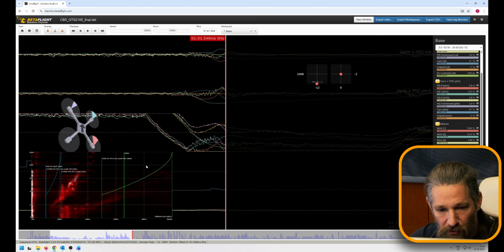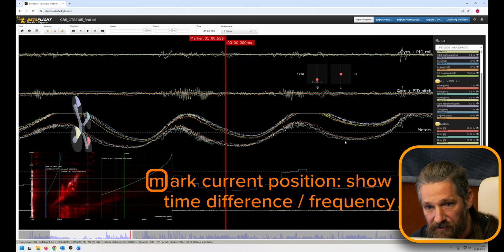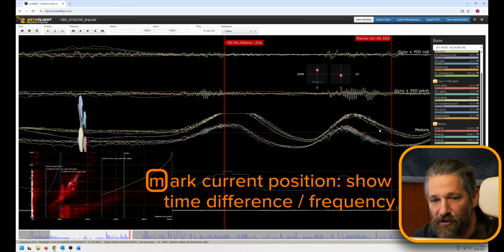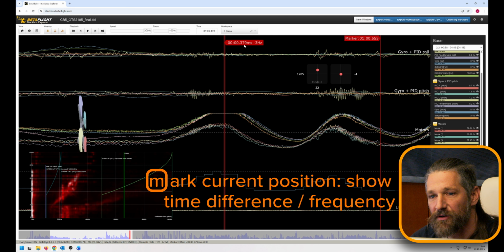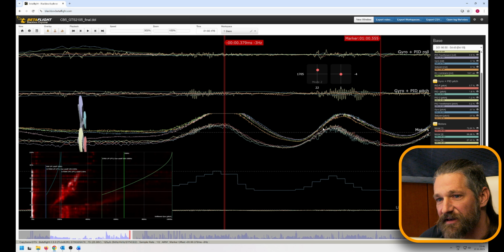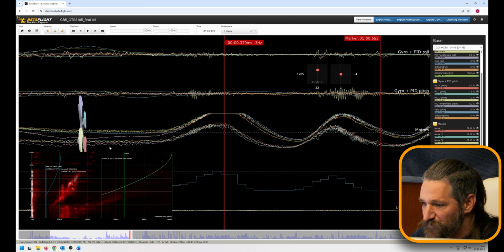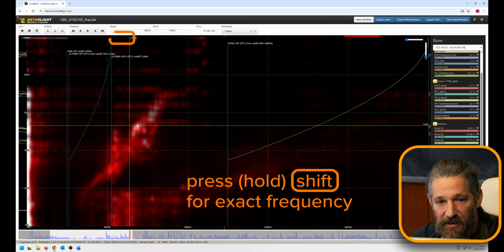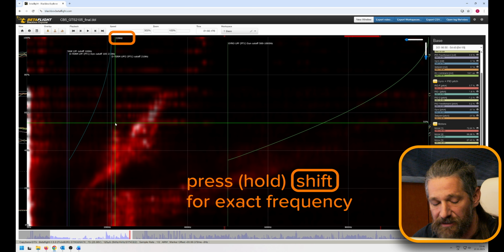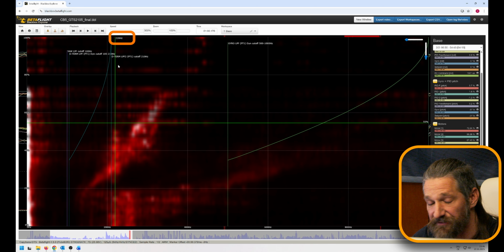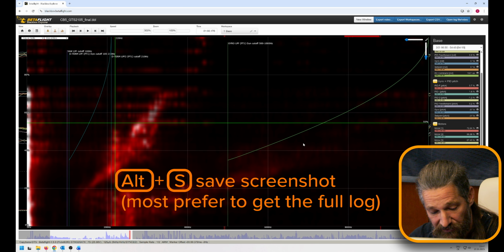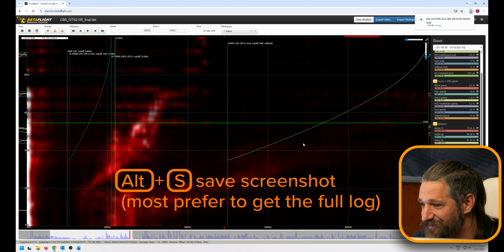I also showed you the mark, the M, and if you mark and move your cursor, it will tell you the time between the two points and the according frequency. In the analyzer window, especially if you want to find resonances, you can mark this by holding the shift key. This will tell you the exact frequency where your cursor is sitting. You have Alt S, this will save a screenshot,